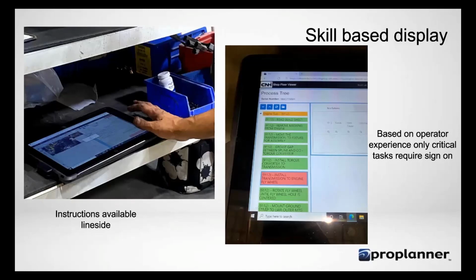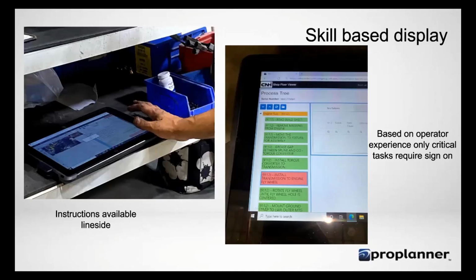And where we are heading to with this feature is, rather than us setting roles and certain properties of the operator, we want to find the data that the operator has spent time on within shop floor viewer and make that decision ourselves, right? This person has worked at this station on this model of these options the last 2 years, 1 year. Or this person has worked on these kind of units, last 50 units, right? So that person has enough experience to not have to go through every activity. Whereas this person just started a month back, we must force them to go through every activity. So that's called the whole skill matrix, or skill-based competency matrix, as they call it.